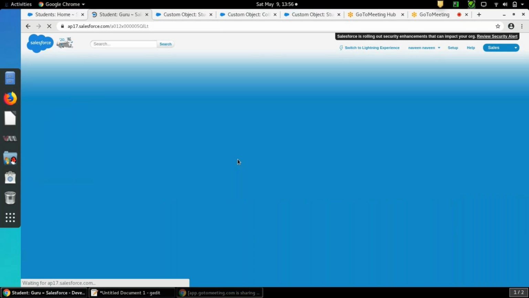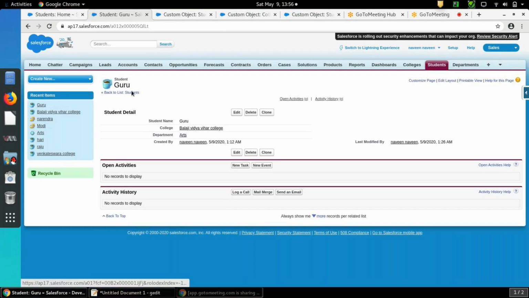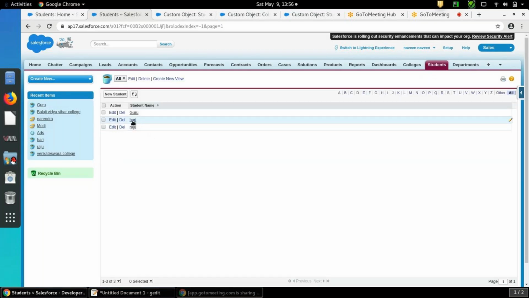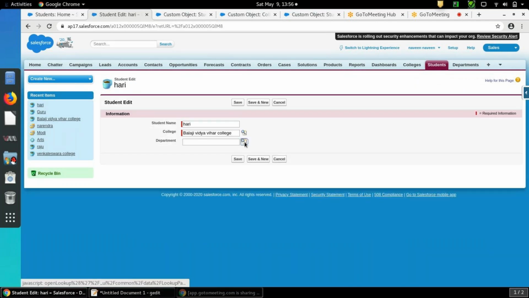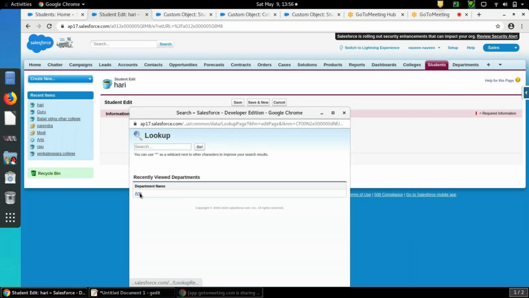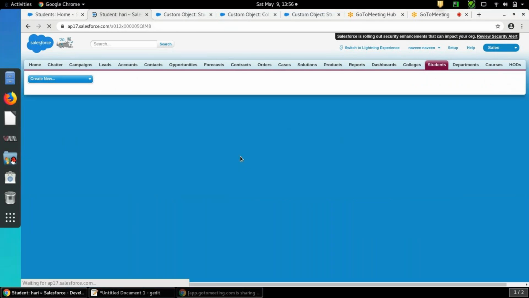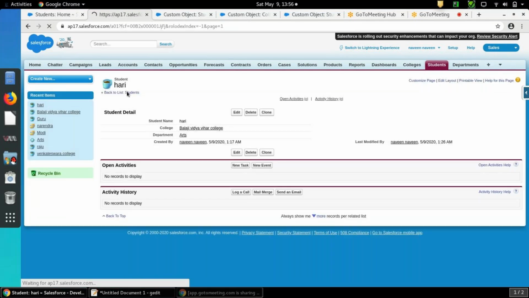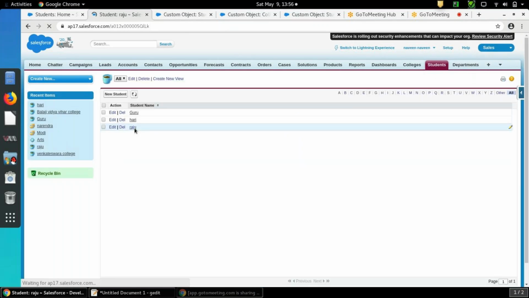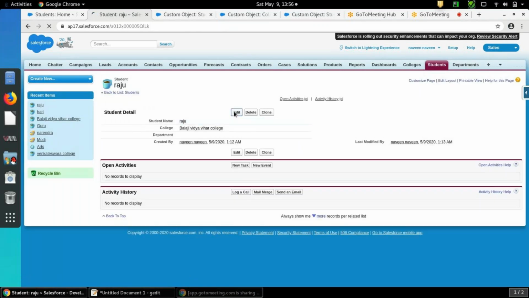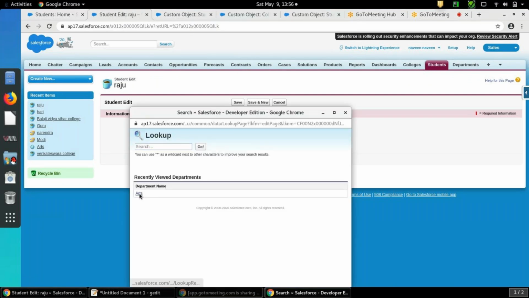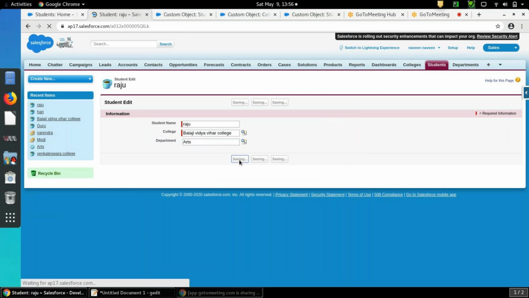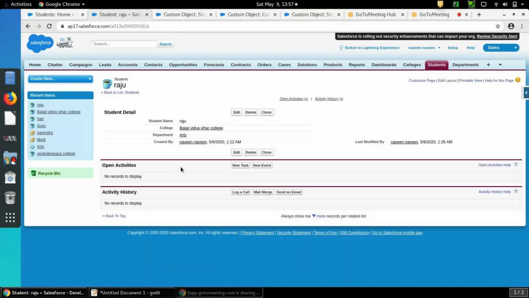Save it. Back to students, go to this record, edit, populate the value, save. Click on this, edit, populate the value with master and save. Okay, so here I have only three records, so I did it like this.